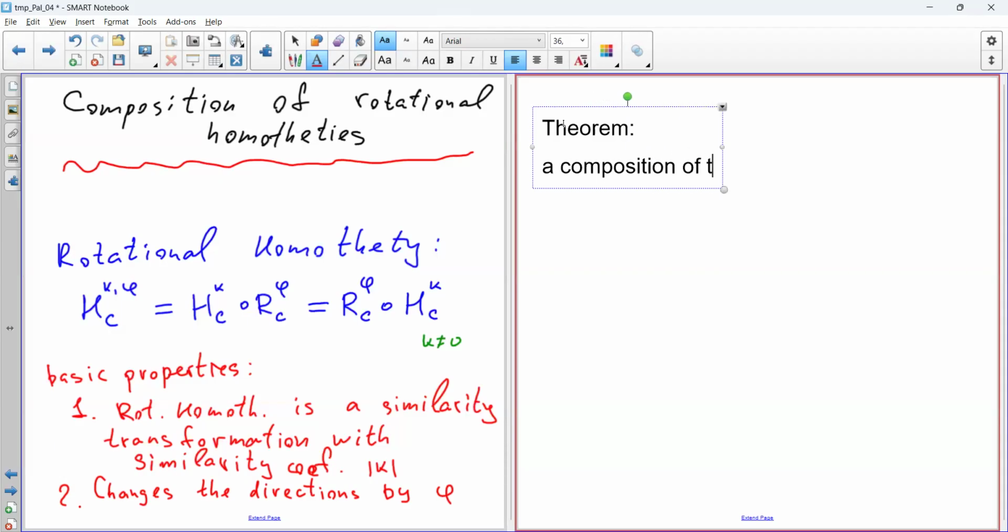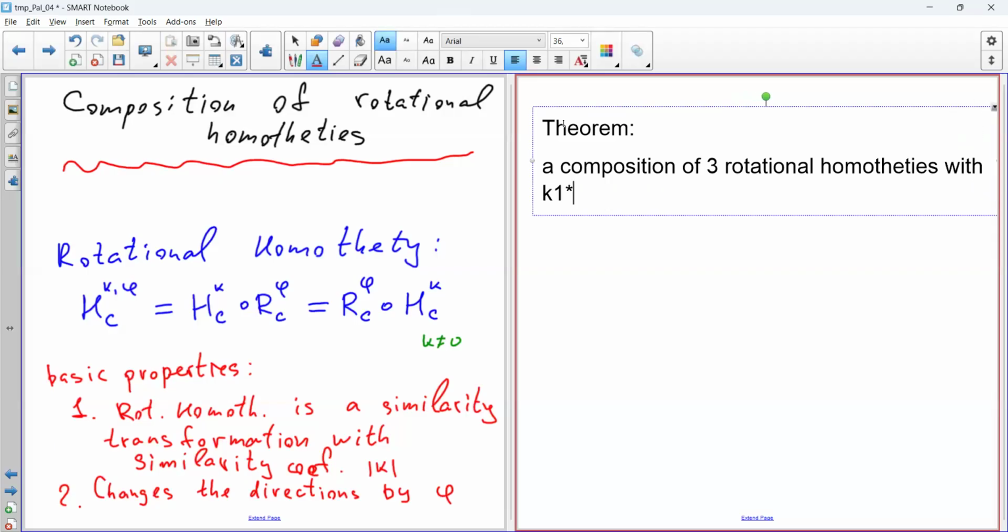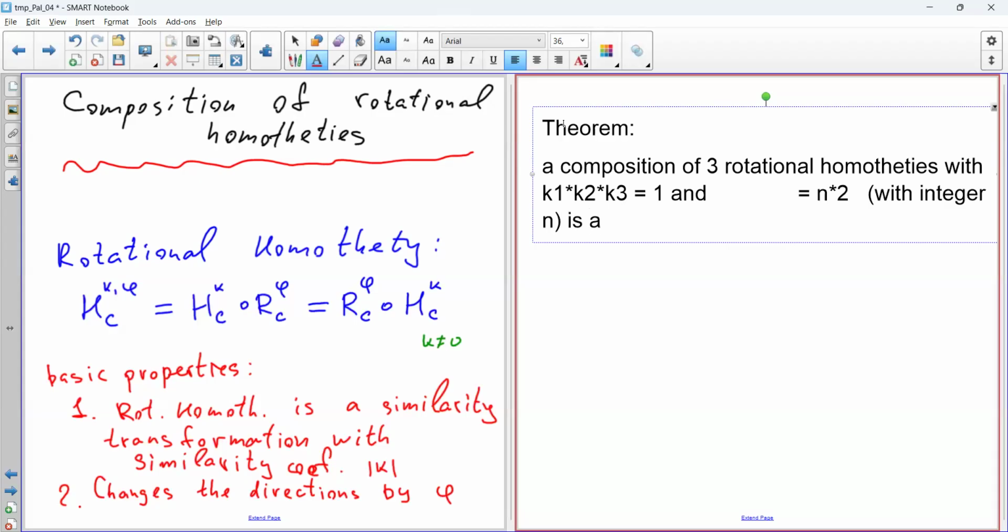The composition of three rotational homotheties with K1 times K2 times K3 equal to 1, and phi1 plus phi2 plus phi3 equal to n times double pi, with integer n, is either